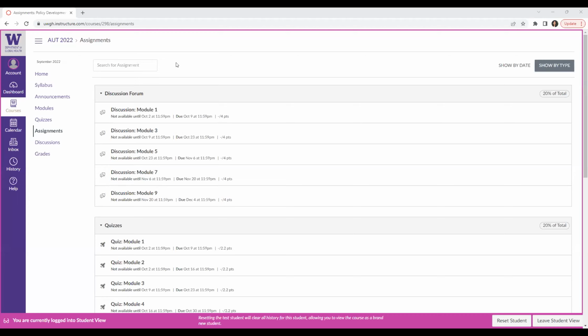We're just denoting which module the discussion is associated with. Modules are where all of the course content lives. Within each module, you will have links to all the different assignments, but we also have this tab on the left side where you can access the activities as well.